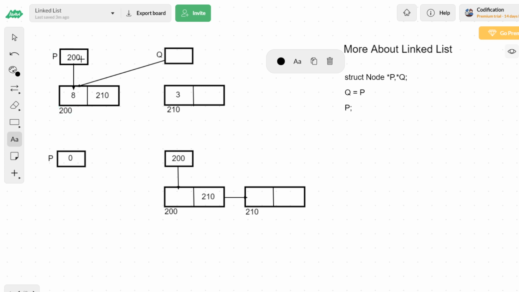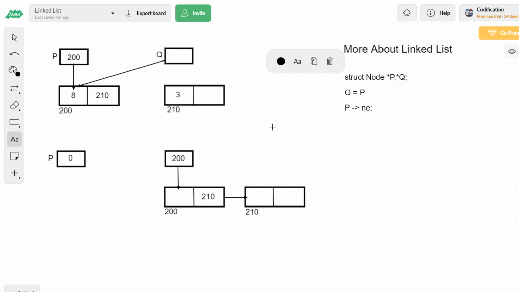So now from the pointer you have to move to the node, and then access the data part and the pointer to the next node. How to move from the pointer to the node? Here comes the arrow operator. That also I have just taught you in the previous video. So p arrow will move the control from this p pointer to this particular node. Now the control is in the node. In the node you have two parts. One is data. The next one is the pointer to next node called next. So where is the address? Either in the data part or in the next part. The address of the next node is available in the next part.